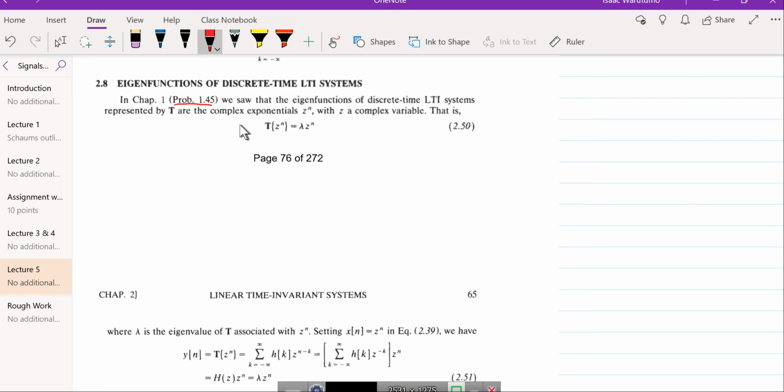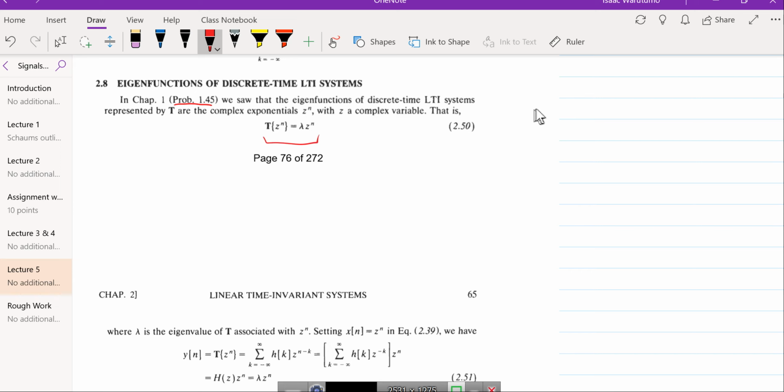If we just take it as stated, a discrete time LTI system represented by T has an eigenfunction z, which is a complex exponential z^n with z as a complex variable,